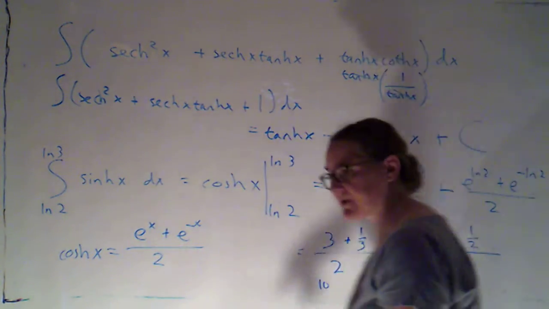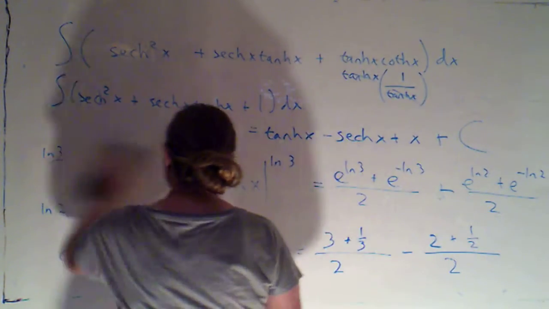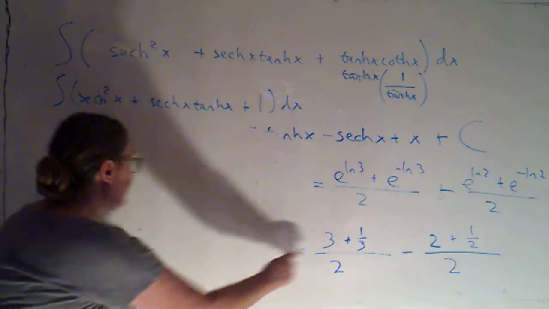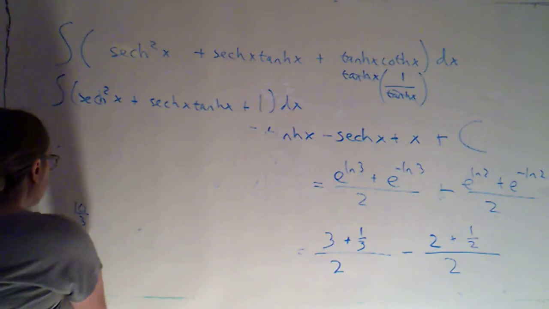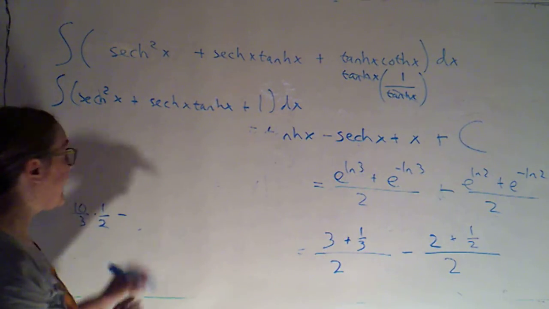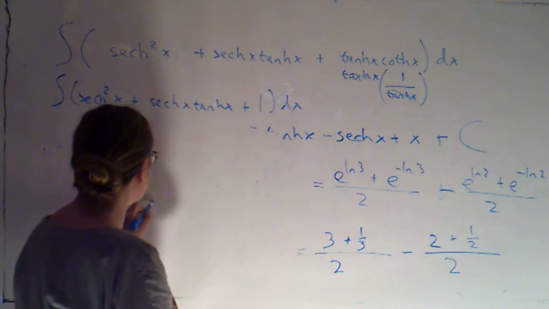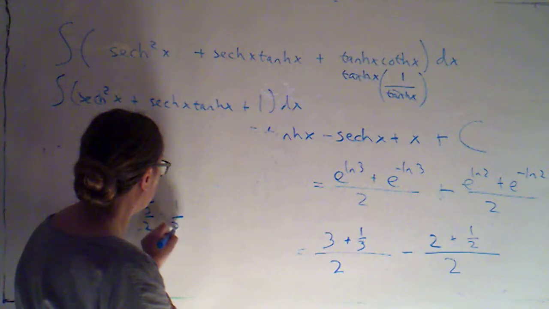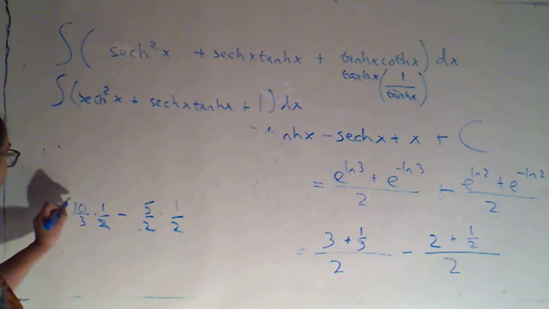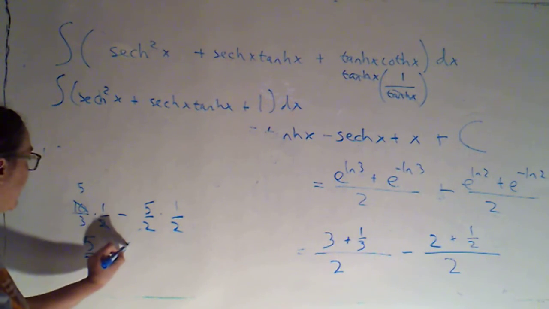Here, let me give myself some more space. I'm just going to come over here. That would be 10/3 divided by 2 is times 1/2. Okay. Minus 2 would be 4/2 plus 1/2 is 5/2 times 1/2. Okay. Now here I can cancel a 2 with the 10, so I'm going to get 5/3 minus